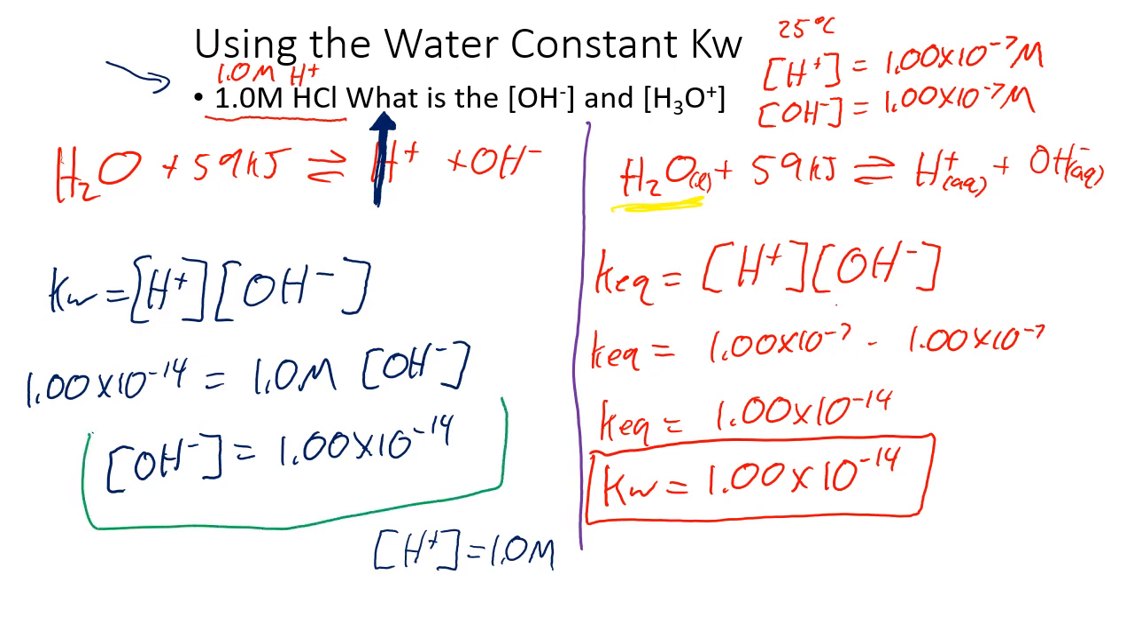So that is our concentration of OH minus, and that is our concentration of H plus. Now, this is an easy calculation because we're dealing with a strong acid, and strong acids have